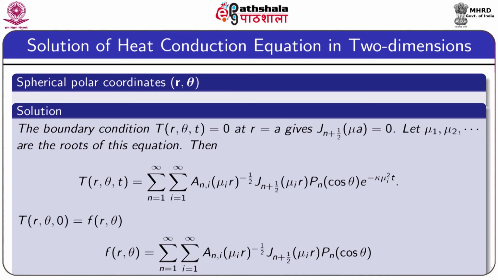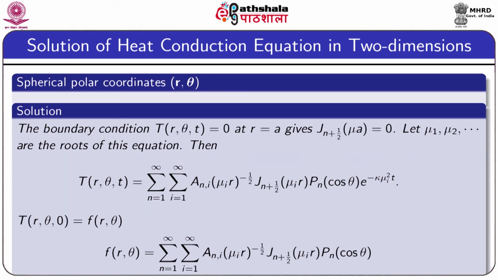Now, we shall use the boundary condition. The boundary condition is given that the temperature is 0 on the surface of the sphere, that means T equals 0 at r equals a. So, this gives J_{n+1/2}(μa) equals 0. Let the solutions of this equation be μ_1a, μ_2a, and μ_na. Therefore, the solution can be written